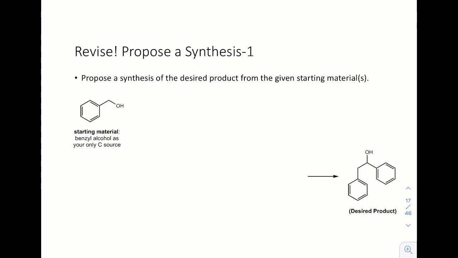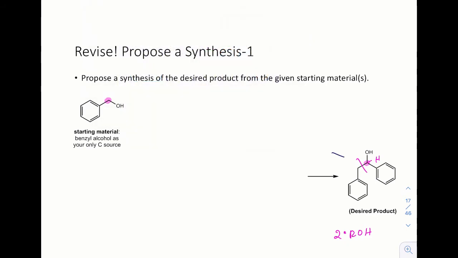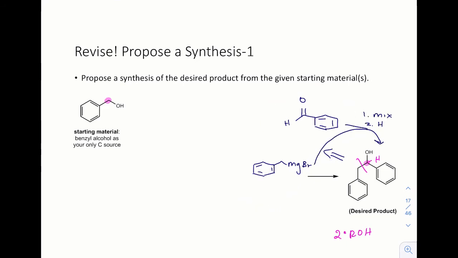To briefly recap our retrosynthetic analysis, we identified the secondary alcohol in this desired product. We also identified that this carbon is probably that carbon in the product and that this bond was made. We remembered that secondary alcohols can be generated via Grignard additions to aldehydes. This combination of aldehyde and Grignard reagent, once they are mixed together and then subjected to an acidic aqueous workup,